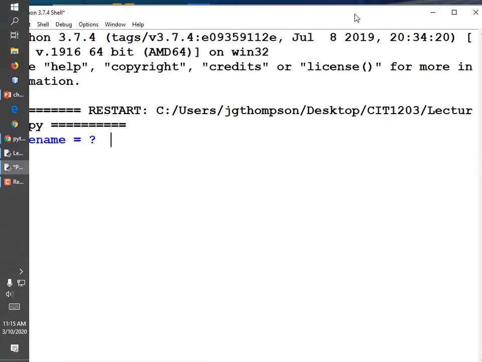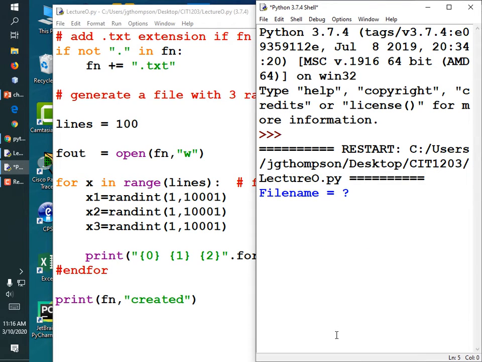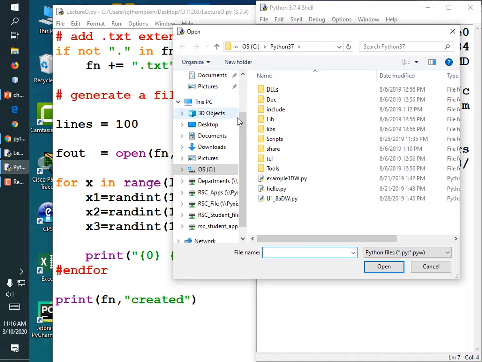All right, I'll bring the code back up in a minute, but file name, I don't know, lecture0.txt. Please don't save it as .py or else you'll erase your file. Lecture0.txt created. So if I want to look at it, I can do File, Open, go to my code directory,